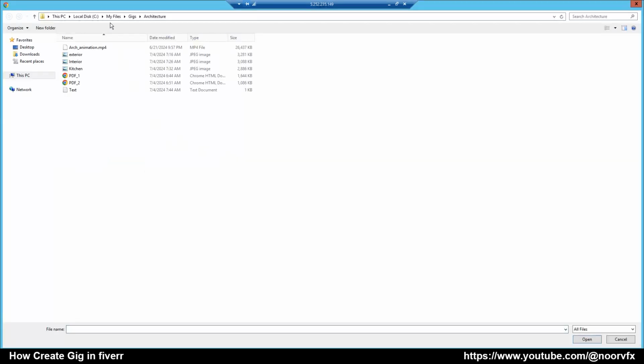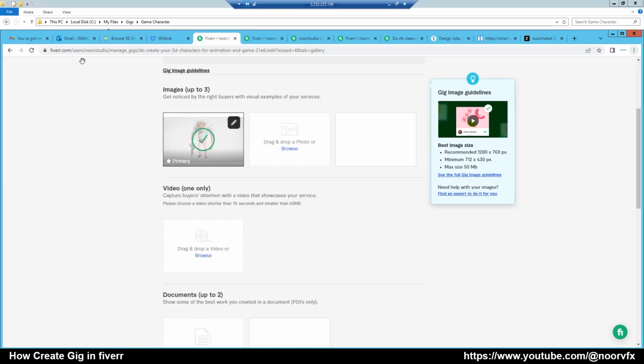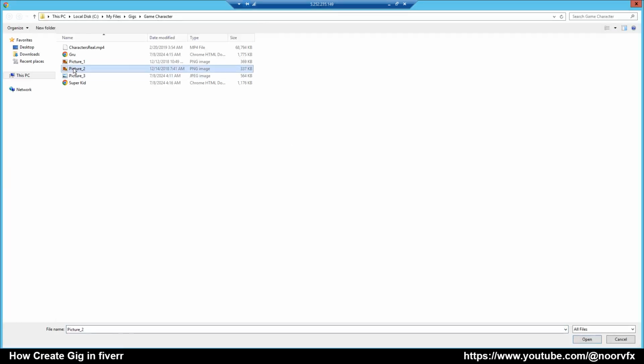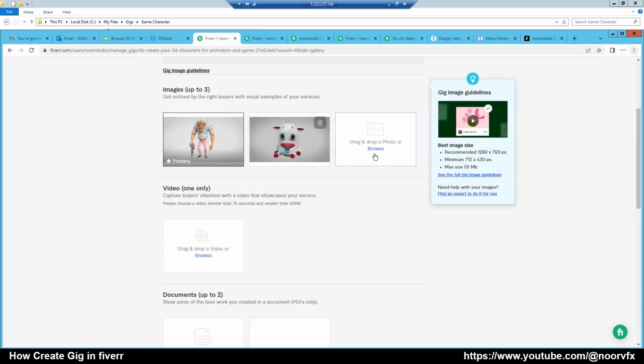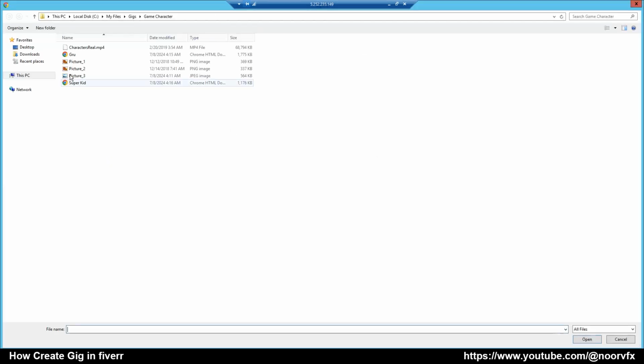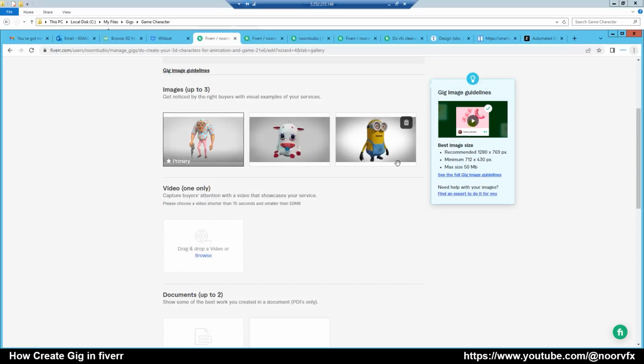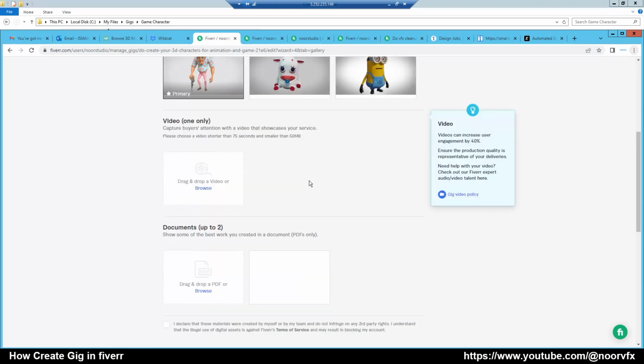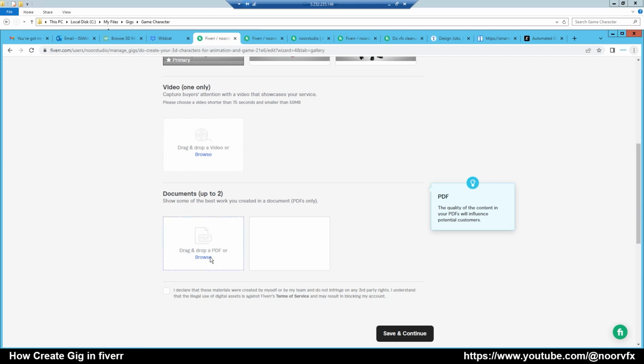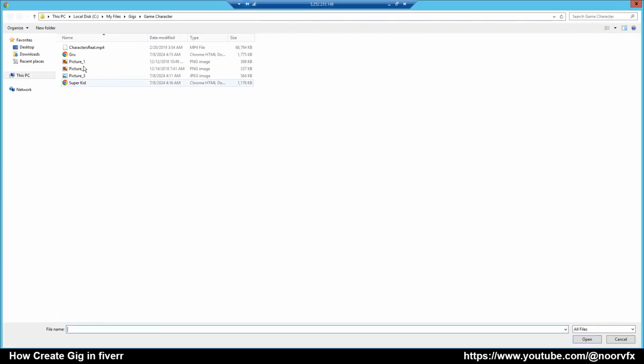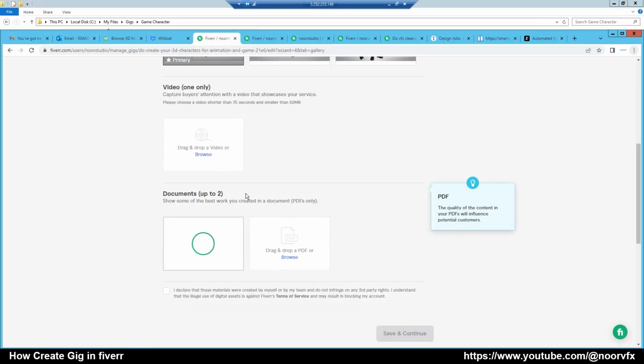So I chose some of my 3D characters for 3 pictures, and picture 1 is primary and shows people the thumbnail, your gig thumbnail. I choose 3 pictures. I choose my demo reel video. In the documents, I can choose PDF. I have 2 PDF examples,